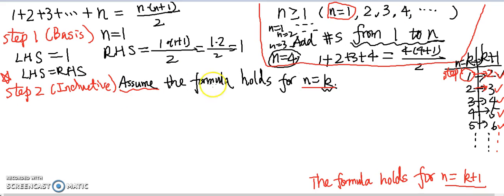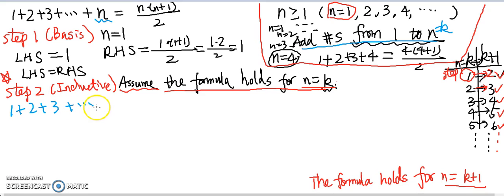So let's see how we want to prove this. This is what we know: the formula holds for n equal to k. So let's write down the formula. What is the formula if n equals k? The left-hand side is adding the integers from 1 to n. Since n is k, we're adding the integers from 1 to k. So that's going to be 1 plus 2 plus 3 plus ... plus k. And the right-hand side